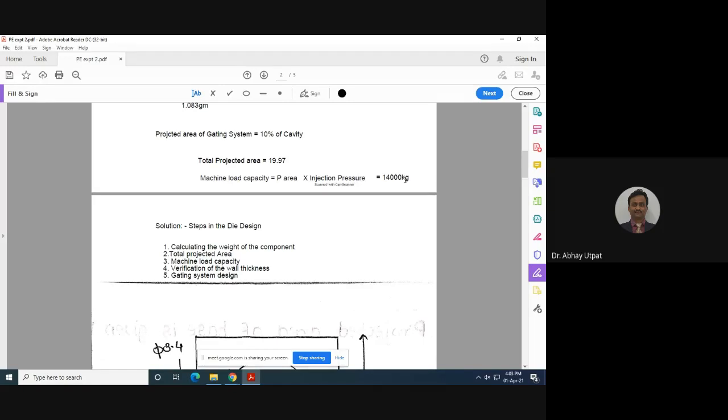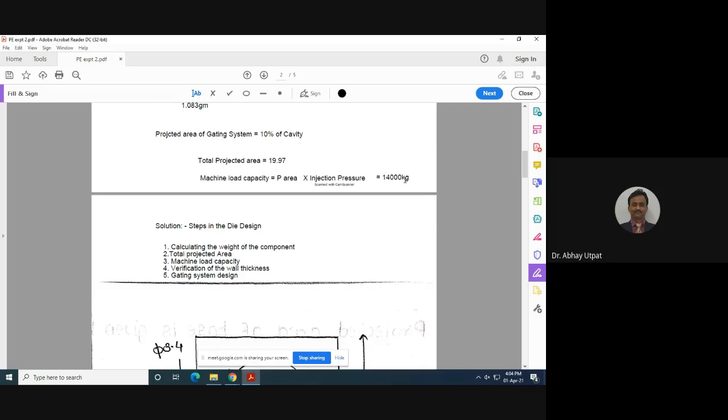So as per market study, different capacity machines are available in the market. A 14 ton capacity machine may not be available. Then again, calculations will change as per the interest of the student. Some student will make the survey and find a 20 ton capacity machine is available. Somebody will find a 30 ton capacity machine is available. So you have to select the machine as per availability in the market.